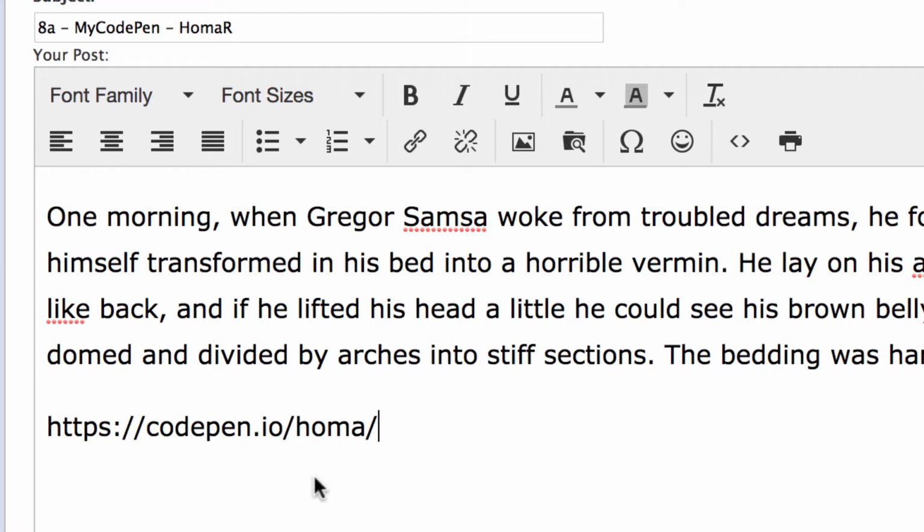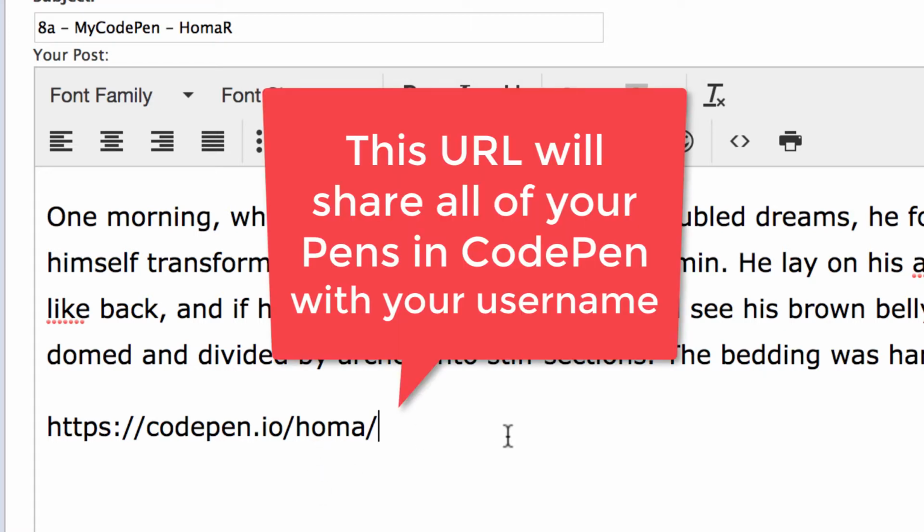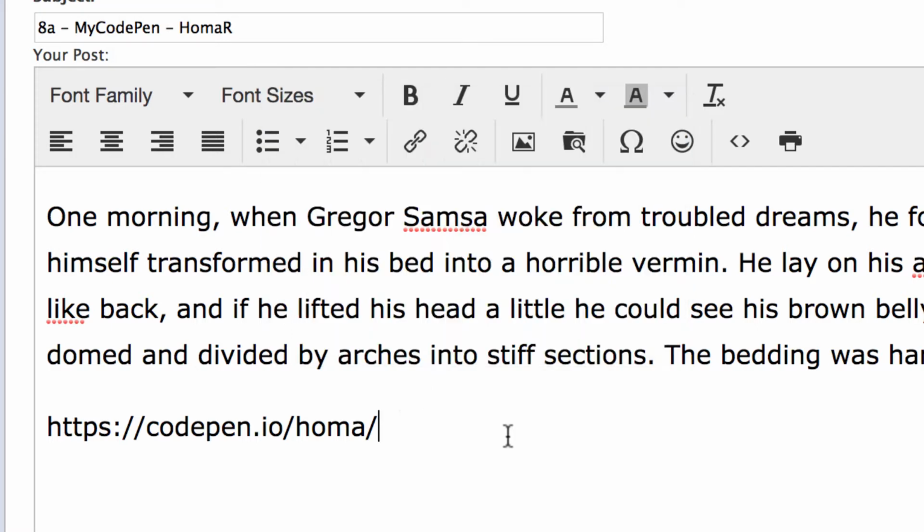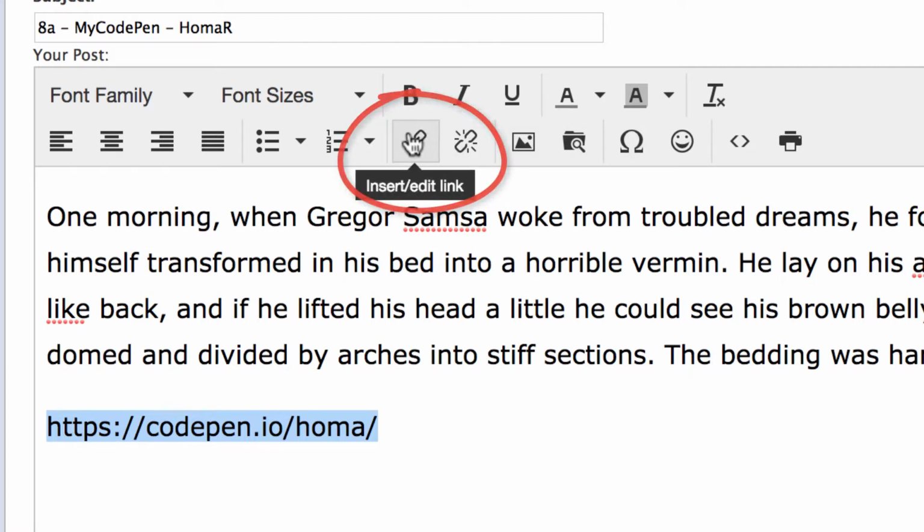If I see this link, I could click on there and go right into your pen, and I could see all of your pens, and I don't have to get an email for each individual file or pen that you do in CodePen. So we're going to do that, and that way I'll have a record of it. And then you'll also learn how to do a hyperlink in here. Basically you could just highlight that, and I'm actually going to copy that because that's what I want to be hyperlinked. And I'm going to go into my little chain link here,